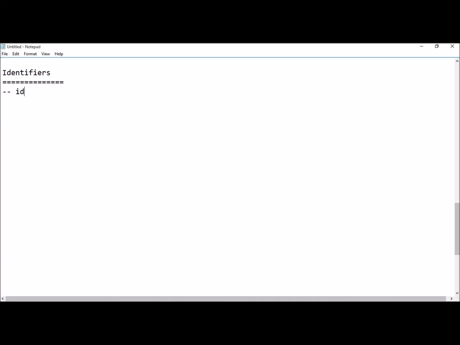Here, an identifier is a user defined word, not a keyword. As I told, in reserved words each word has its own function to do, or its own meaning. Coming to identifiers, these are user defined words, so we don't have any specific meaning,